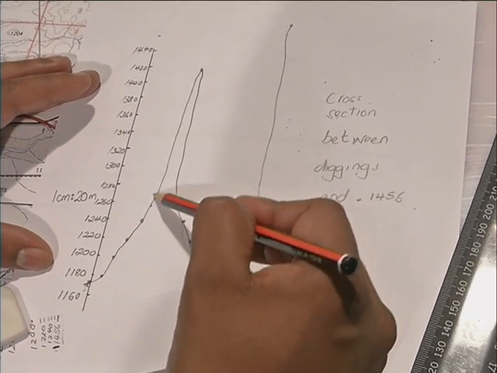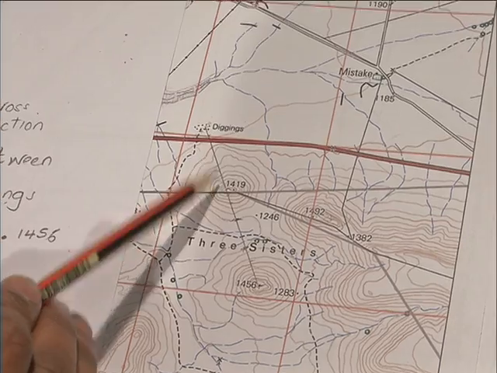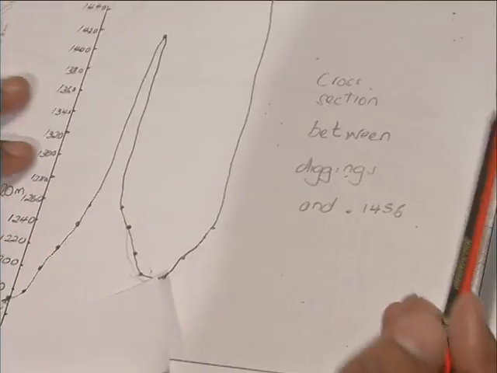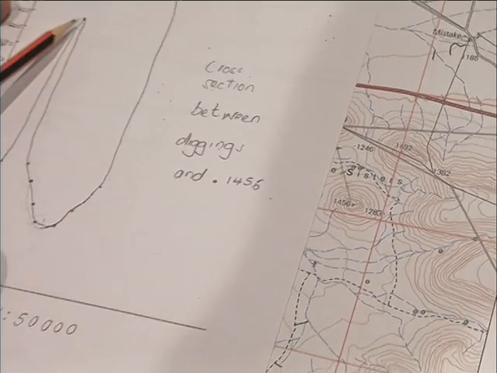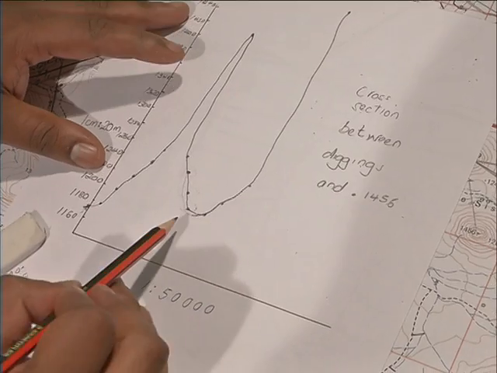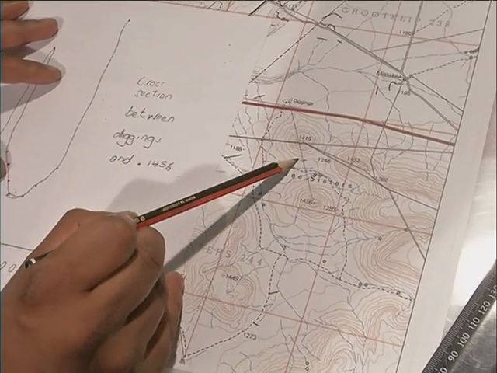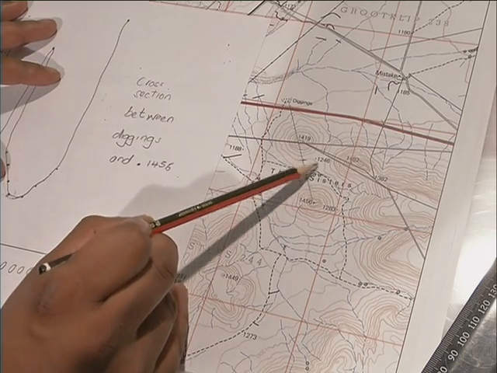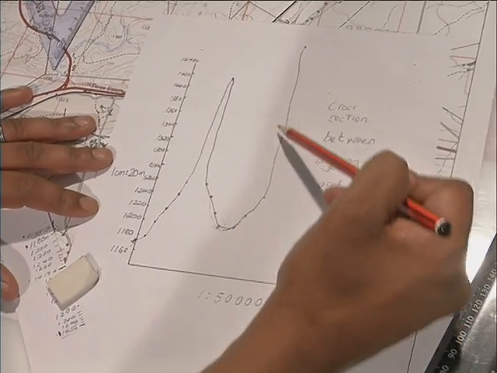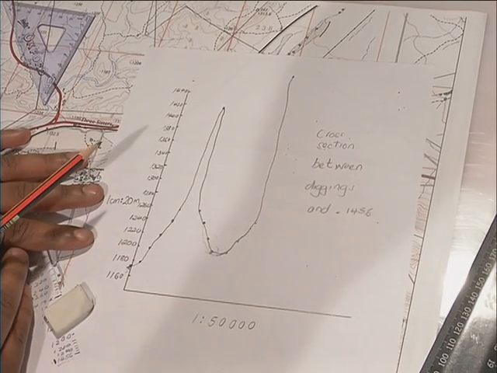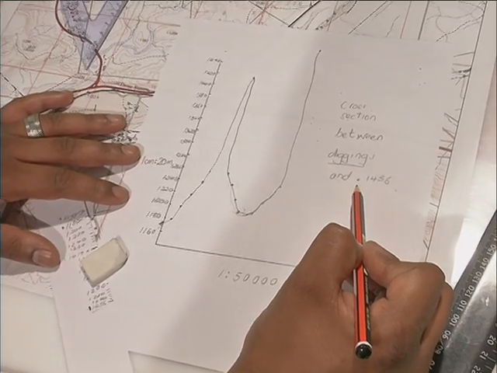Note, there is a steepness of the slope, and if we look back at our contours, the slope is steep because the contour lines are close together. Let's go back from there to there. Note the decrease as you move away. The contour line starts spreading out, and look at how it decreases downwards to the point where you reach 1200, which is there. And note, there is a point of deviation or a gap between these two, and it's the same line that crosses, and then from that point to that point, there is an increase in height, and you'll note the increasing height. Now this, learners, is an accurate cross-section showing you the shape between the diggings